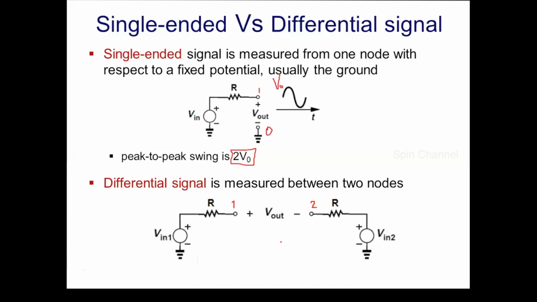So now what is V out? V out equals V1 minus V2. If suppose the polarity is reversed, this is minus and this is plus, then we can say it as V2 minus V1. In this case, we already know that if we measure the voltage at this point, the peak to peak signal is 2 V0. We have considered V0 to be the peak value of the signal. If that is the case, then the peak to peak value of this differential measurement will be equal to 2 V0 minus of minus 2 V0, because the polarity here is negative. So the peak to peak swing will be equal to 4 V0 here.